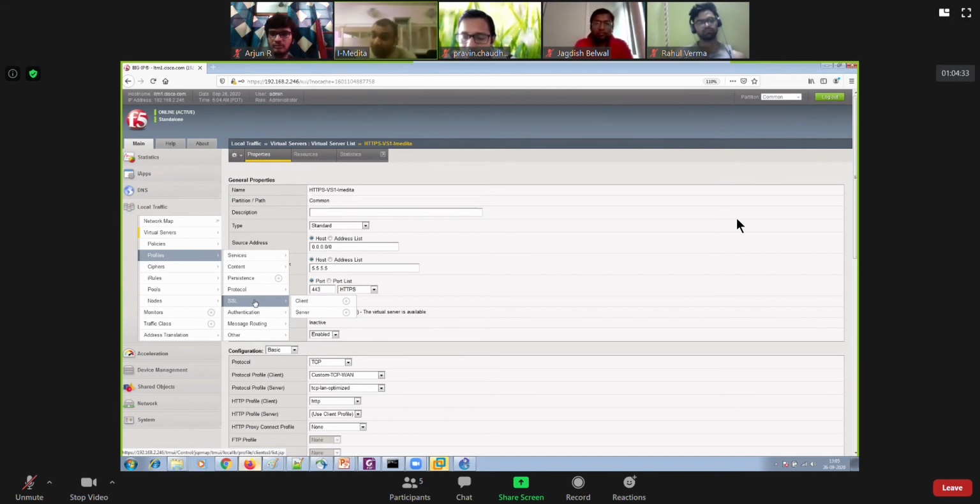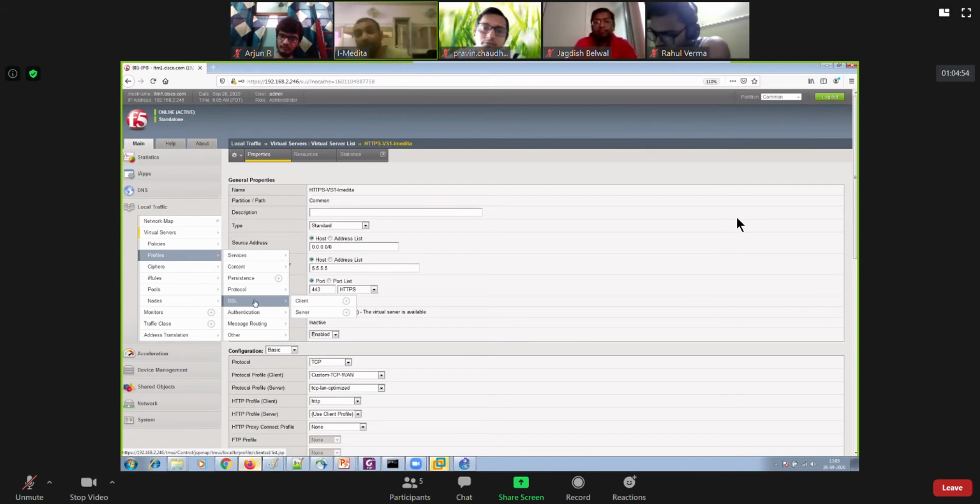So in case you know that the HTTP profile is mandatory for you, make sure that you have SSL decryption enabled on your BIG-IP. For that purpose, we will be using the SSL profile only for the client, not for the server, so that we can perform SSL offloading. Does that make sense to all of you?